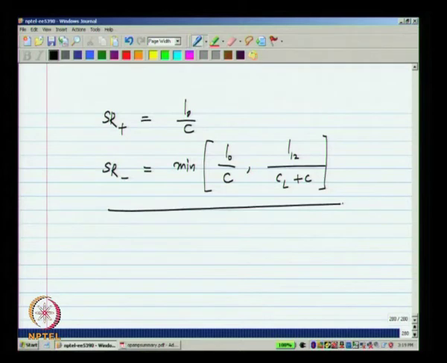Okay. So, there are two mechanisms of slewing. Either the input differential pair can cut off, in which case the maximum current out of the first stage will be equal to I naught. Alternatively, the second stage can cut off, in which case the maximum current through C plus CL would be I12. Okay.